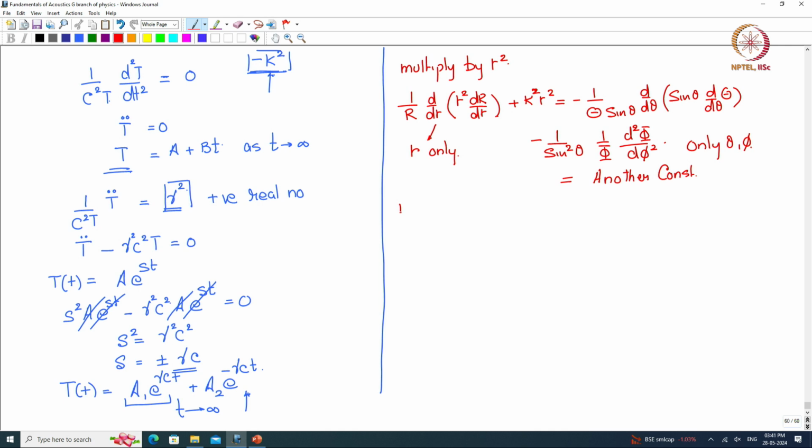So what we say is 1 over r d by dr of r square dr by dr plus k square r square is equal to n into n plus 1. Now why n into n plus 1? Because this equation here